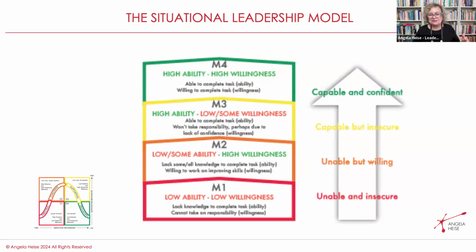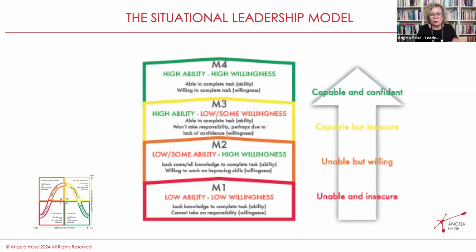Now, the problem is often that we take a person as a whole. This is called the situational leadership model for a reason. You may find somebody who knows how to cut bananas really, really well, but they have never seen a pomegranate in their life. So you can't assign the same competencies to them for the pomegranate that you would for the banana, and the other way around. You actually need to assess where the person is at.